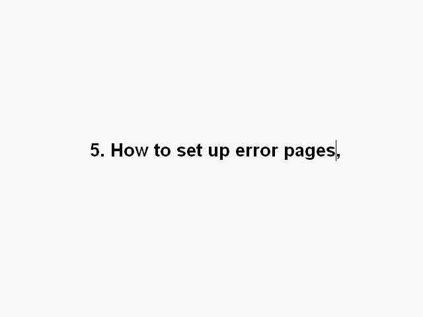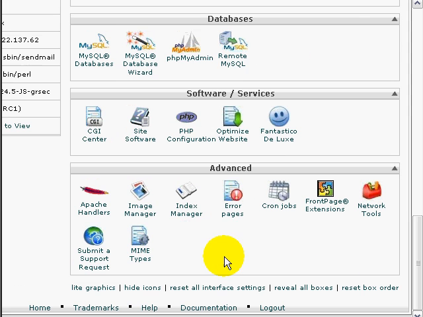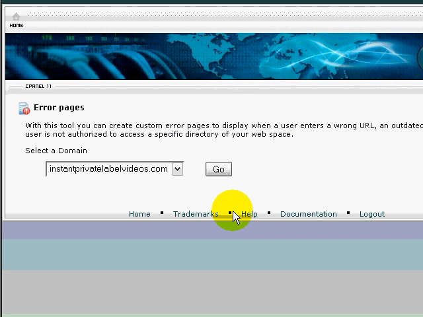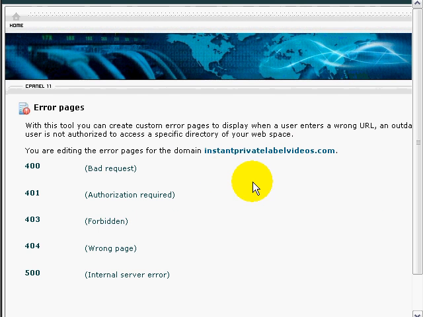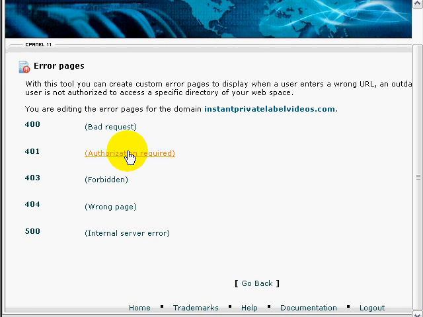And if you go to cPanel X and you scroll down, and it's all the way at the bottom under the advanced section, if you click on error pages and select the domain name, which is instant private label videos, and there are 5 different types of error pages. Now, in this example, I basically want to make all of these error pages redirect back to my domain name,